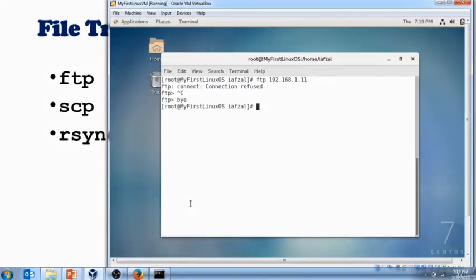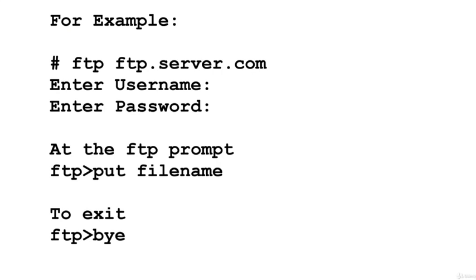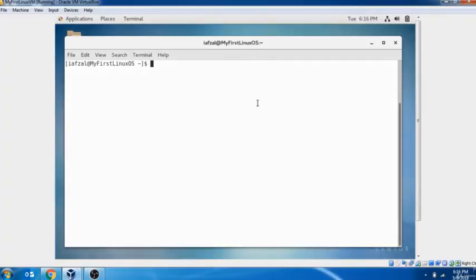Here we have our Linux machine, and I'm logged in as myself. When you want to copy a file, let's say I want to copy a file that is called my first file, the first thing I have to do is type FTP and the machine name that it is going to, which is the destination server. As an example, to FTP a file from your server to another server, I have logged in to